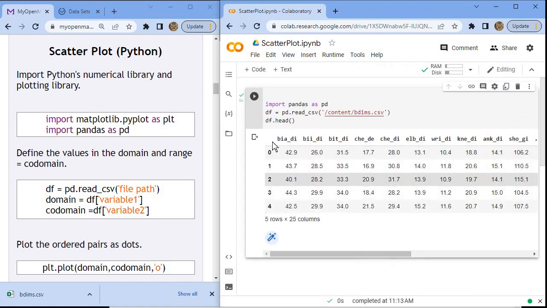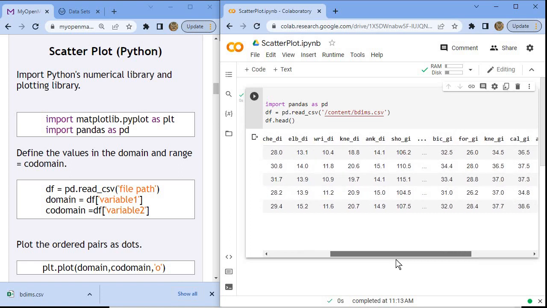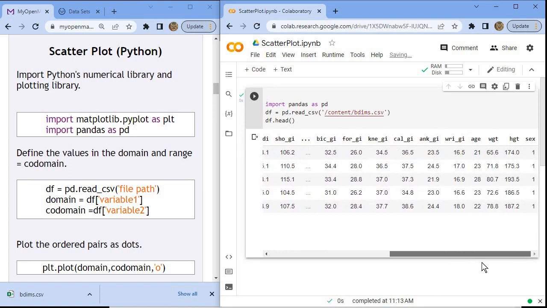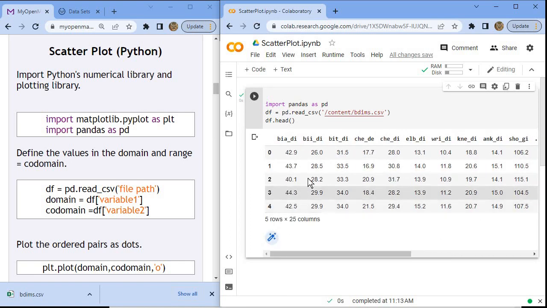So this is the head of the data frame, the first 5 rows. And I see all the variables that they have here. And at the very end, I see the weight and the height. Those are the ones I'm looking for there, the weight and the height. All right, perfect. So now that I have the data frame in Google Colab, I'm going to add another code